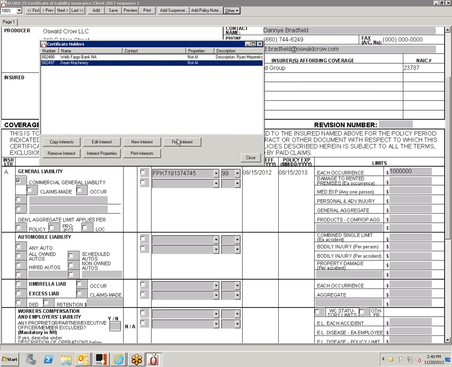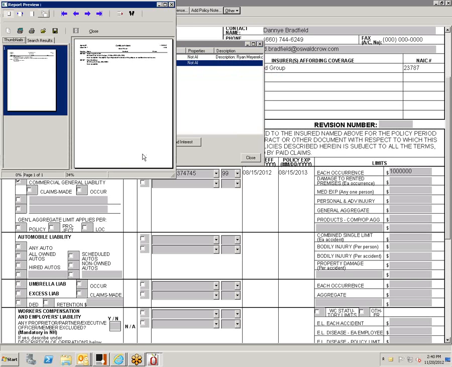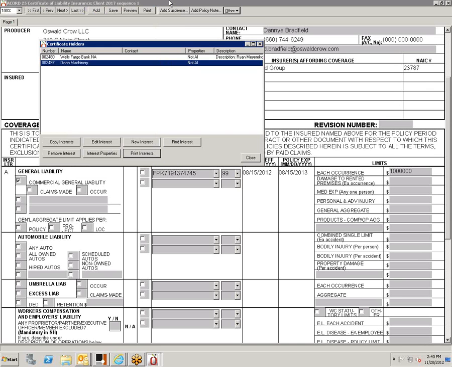Okay? This print interest prints just the list of interest. It does not print a certificate. This is a good renewal plan. Print this so that they can sign off on what they want on the renewal.